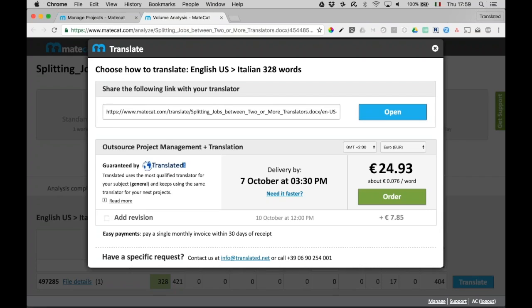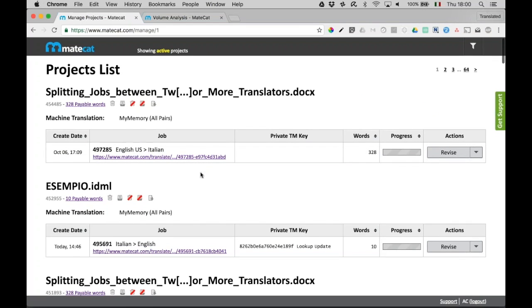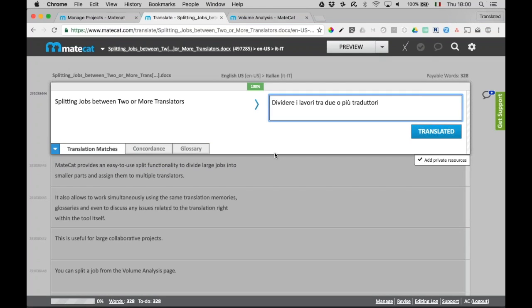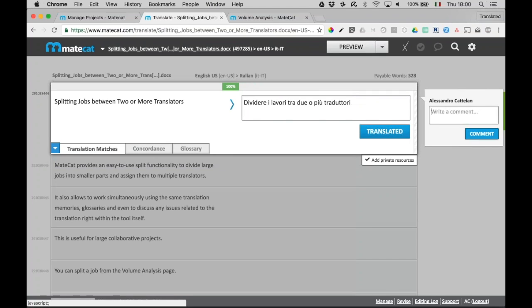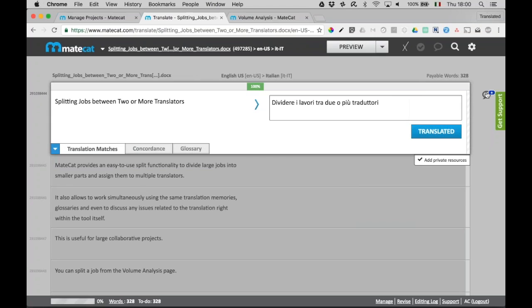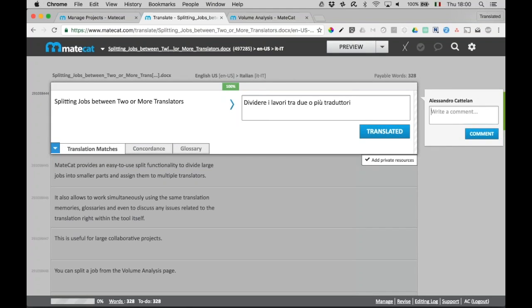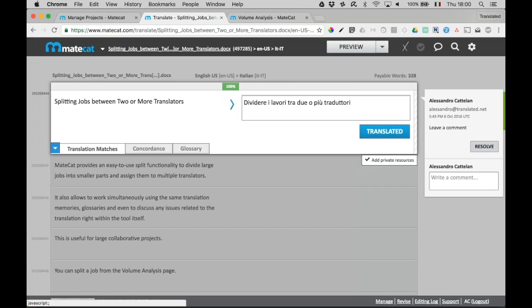But then remember that every project that you outsource in MateCat is also saved in your Manage panel. So in this panel, even if the job is outsourced, you can go in and have a look at what the translator is doing, so monitor the translation yourself, and then also talk to the translator by using the commenting feature. So here, you see that I clicked on the add a comment balloon, this one, you can basically leave a comment to your translator, to the project manager, etc. Okay, so two ways: the final step of the ordering process, or during the translation inside MateCat with a commenting